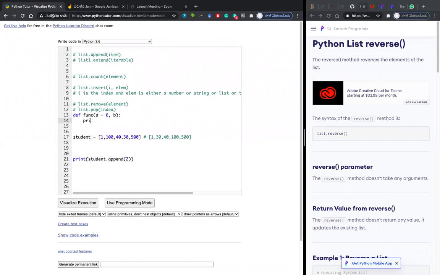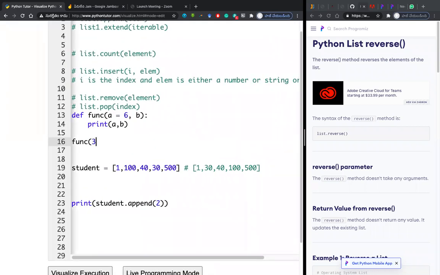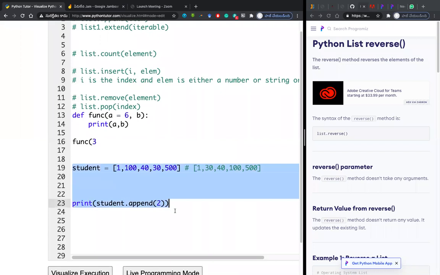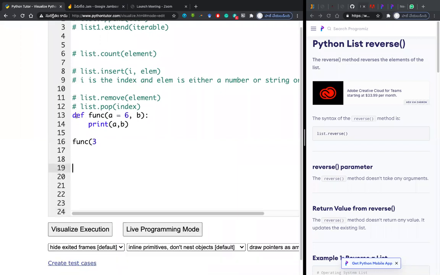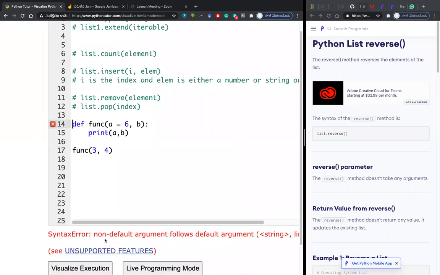I will try to print A comma B. When calling the function, I shall remove this so there will be no confusion, and give 3 comma 4. Let us check whether this works or not.